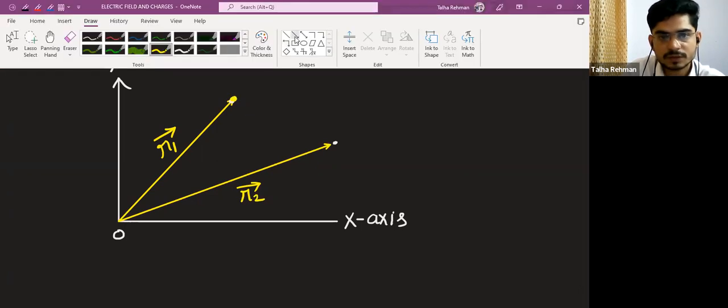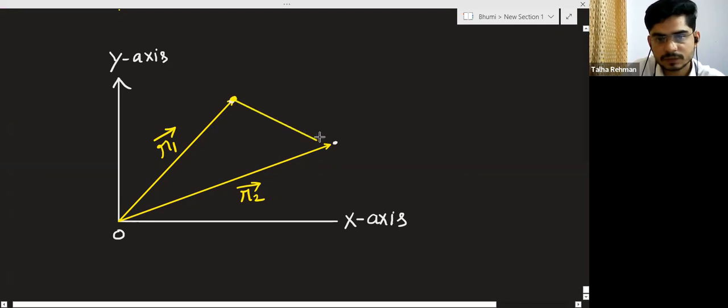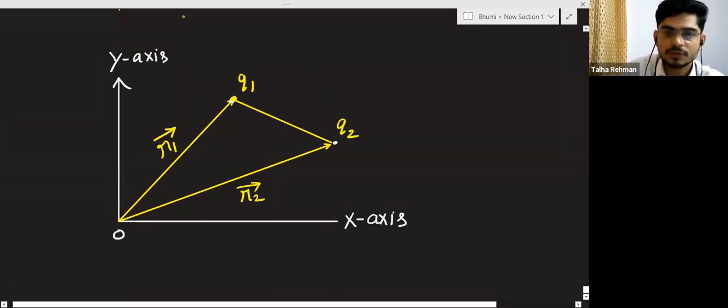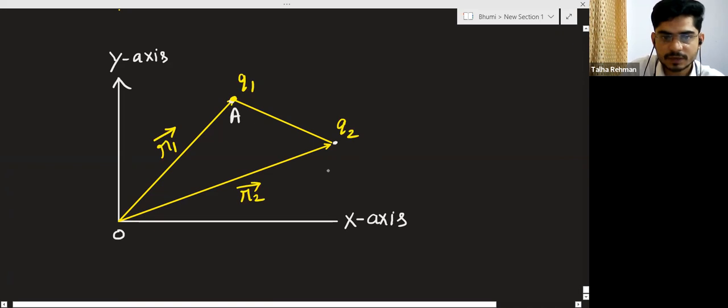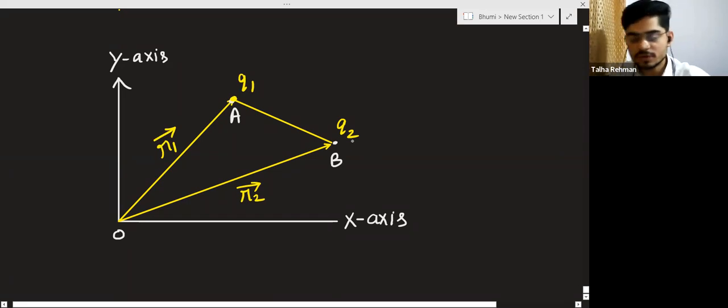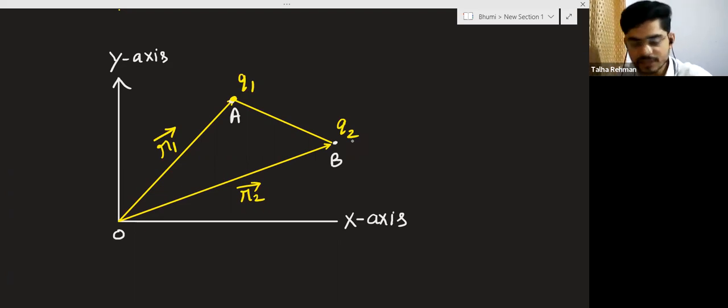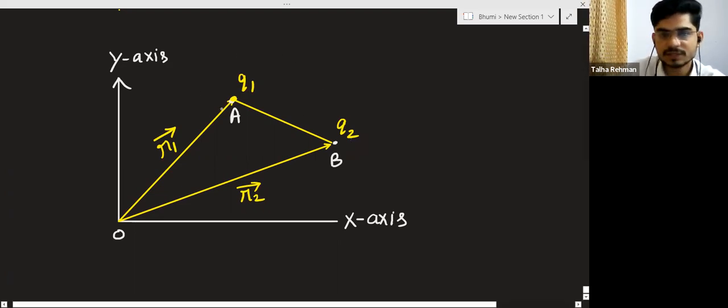These point charges are some distance apart. And this is the charge q1, and here is the charge q2, and this is position, so I am supposing as A. This is the position A. Nothing has changed here. This system is also a system of two charges separated by some distance, and now this distance I can write as